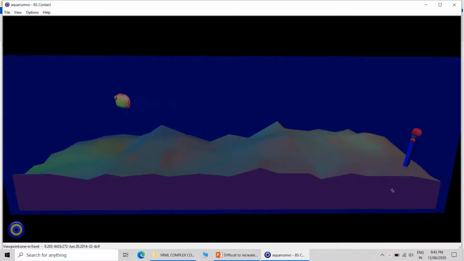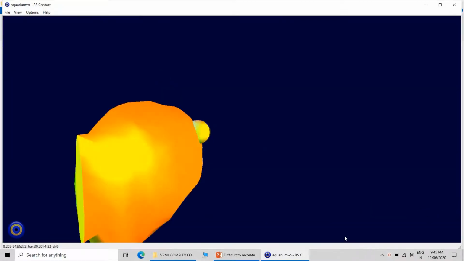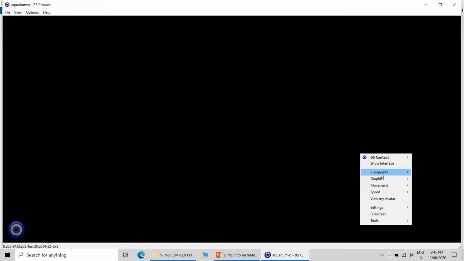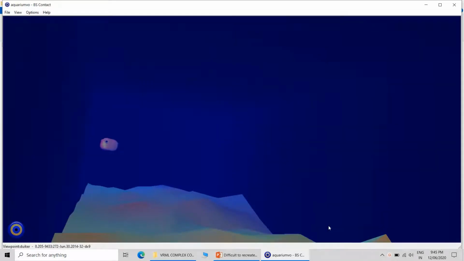thesis work. It is very difficult to recreate because it involves a lot of prototypes, and the script is very complex. For a normal person it is very difficult to recreate. That is my guess. Of course, if you can recreate it, that is very good. But I felt that it is very difficult to recreate the fish aquarium. Let us move to the second code.